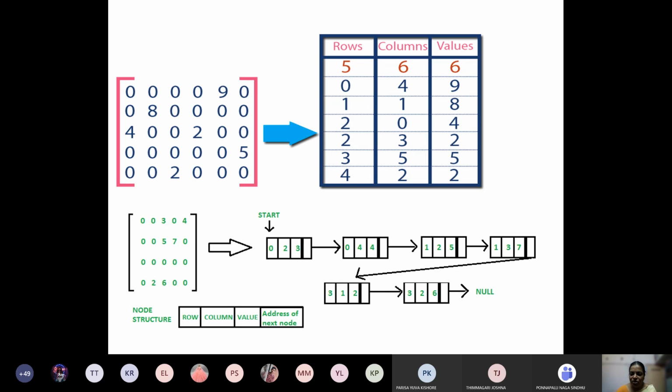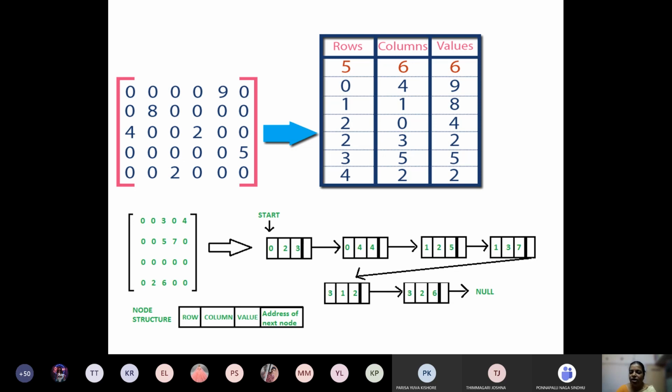So we need to create our normal single linked list with 3 variables as the data. Instead of creating one data variable, I'll create int row, int column, int value, 3 variables, and a self-referential pointer variable.